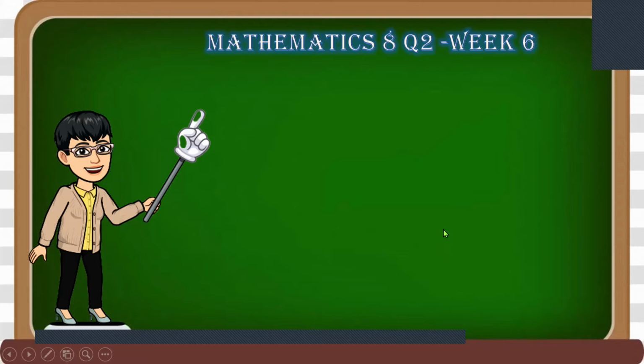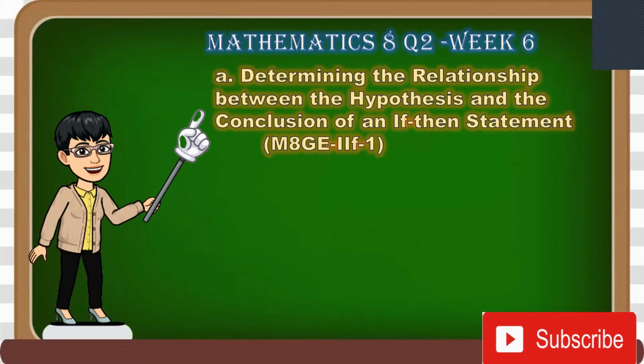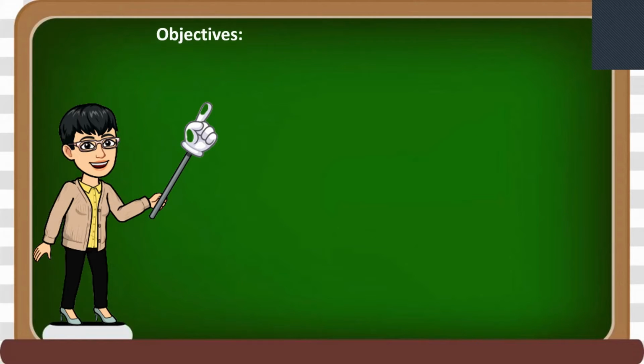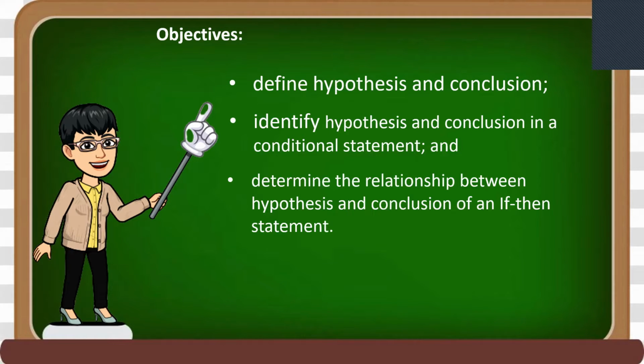Mathematics 8 Quarter 2 Week 6. There are two MELCs in Mathematics 8 for Week 6: determining the relationship between the hypothesis and the conclusion of an if-then statement, and transforming a statement into an equivalent if-then statement. The objectives are: we will define hypothesis and conclusion, identify hypothesis and conclusion in a conditional statement, and determine the relationship between hypothesis and conclusion of an